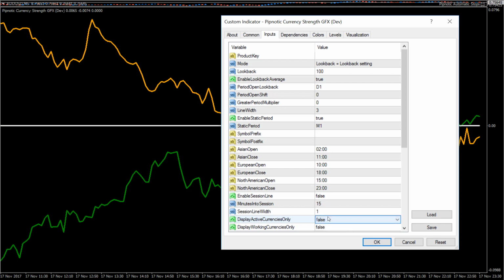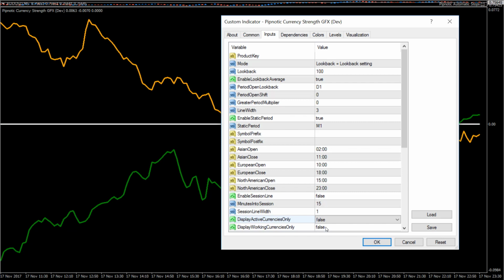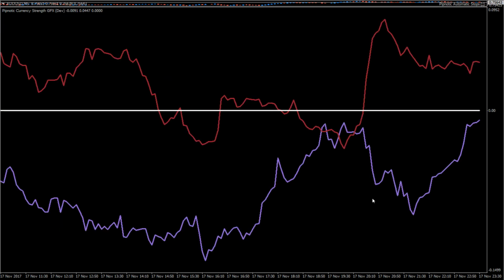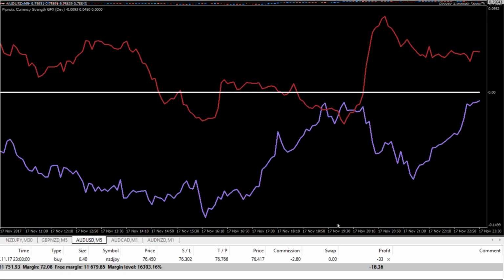Likewise, if you have any positions open and you only want to focus on the currency strength for the positions that you have open, you can enable display working currencies only. Set this to true, and it's going to show you the currencies that comprise orders that are currently working. And you can see here we have this order here. This is the Kiwi, Japanese yen, Kiwi, Japanese yen. And if we